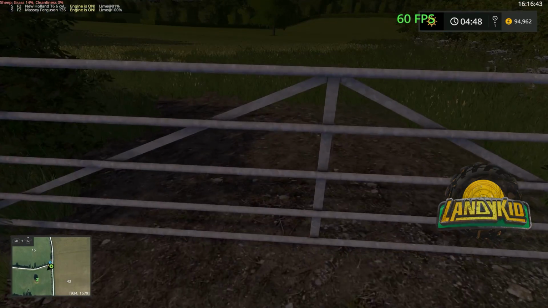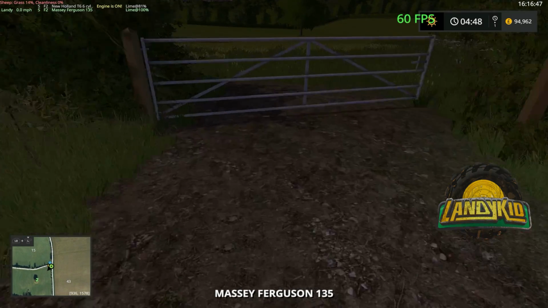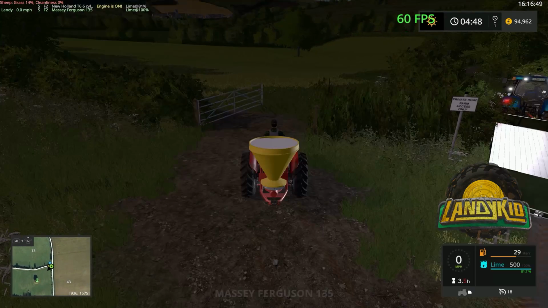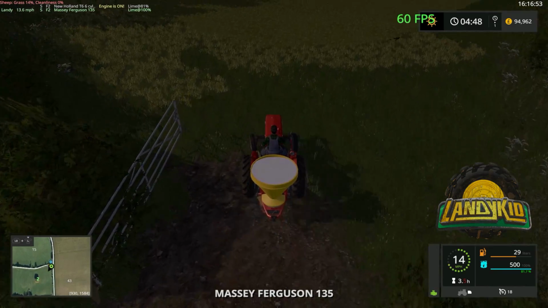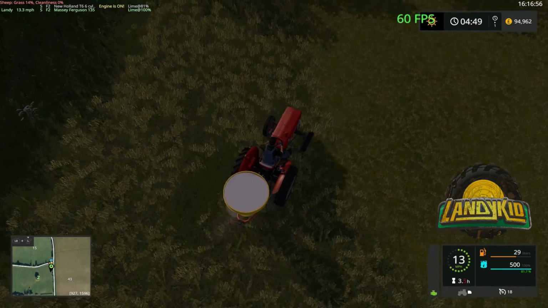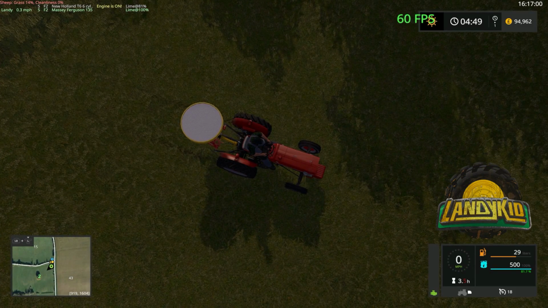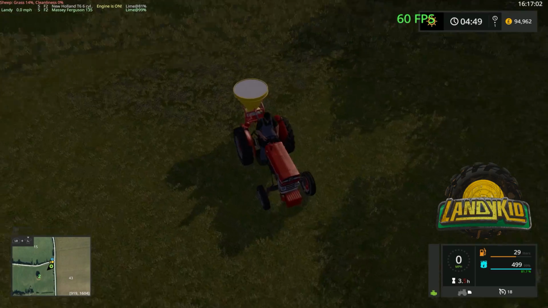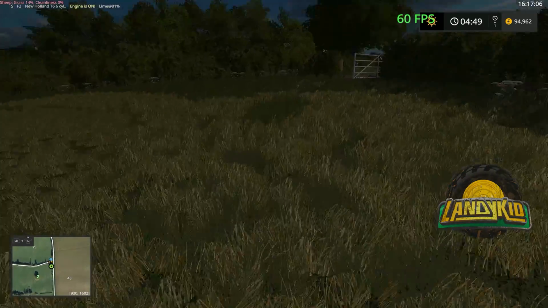We'll just open up the gate, get it in there. I'll come off of it. Open up. I think that's like, what, second stage growth? So we'll be able to fertilise that, no issue. I'm just going to blip it on quick. Yeah, so we can see it's going to work fine. Drop that down, switch that off,